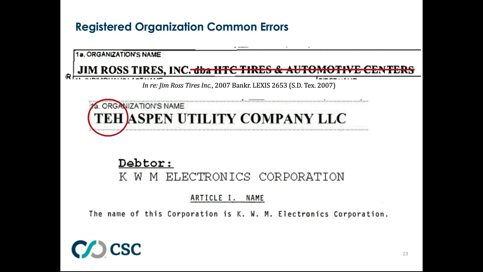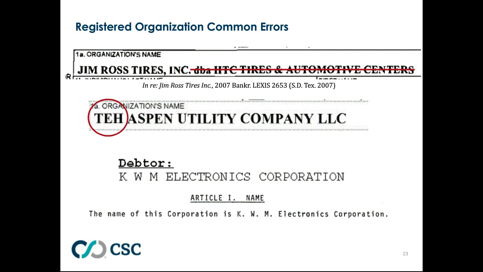There was a case that arose out of Texas a few years back, Jim Ross Tires, Inc. The secured party added the DBA following the correct name of the debtor and argued that once you get the correct name in there, anything after that should be disregarded. The court correctly pointed out that no, any extra information in the name field will effectively prevent it from being searched, and as a result, it won't be disclosed. So the extra text is part of the name, and by adding that, the secured party made it seriously misleading